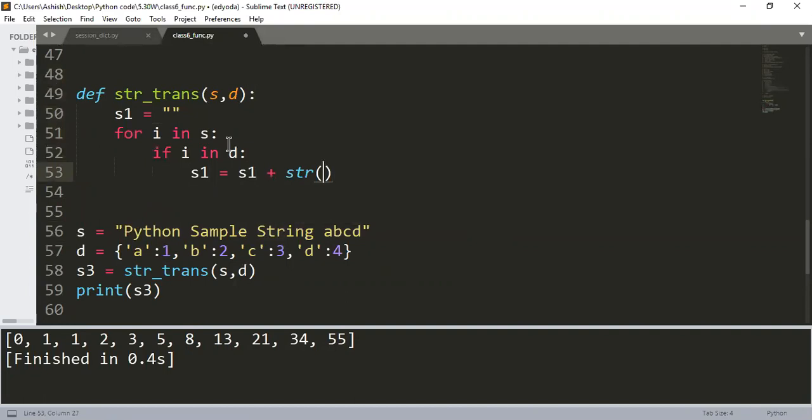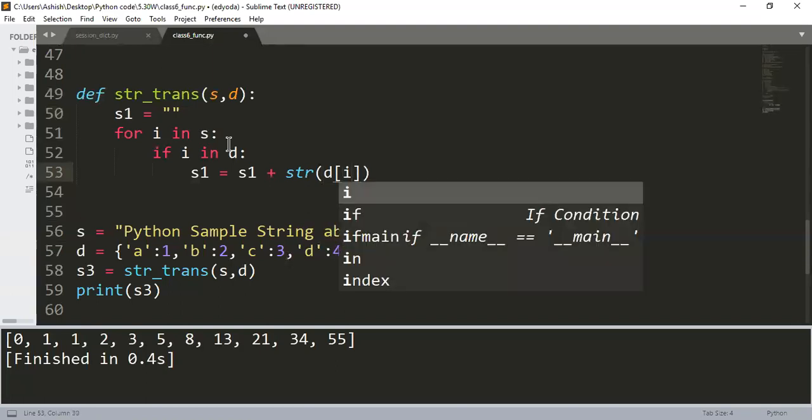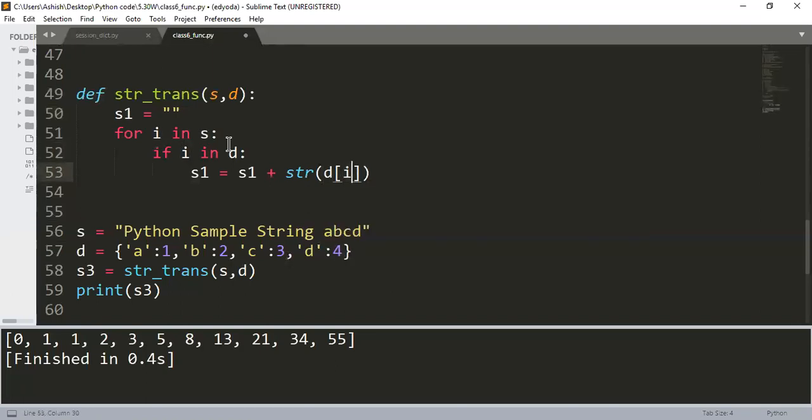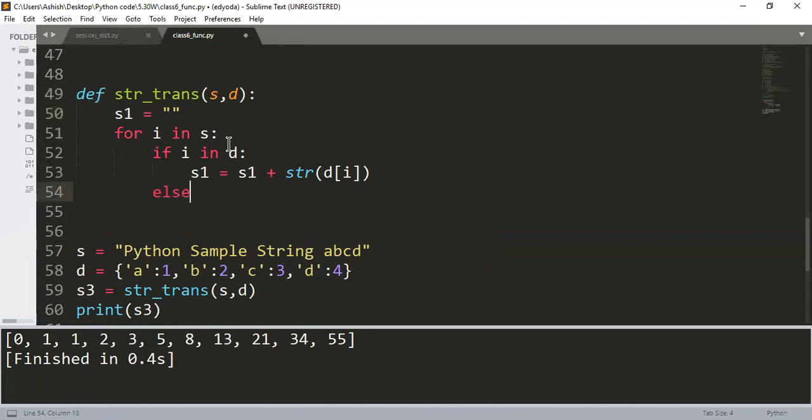So I'm using str of the value. I said d of i. So i will be my character, so that should be my key. If I say d of i, this will give me the value. Else